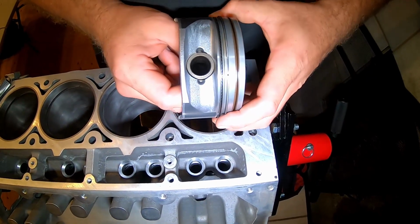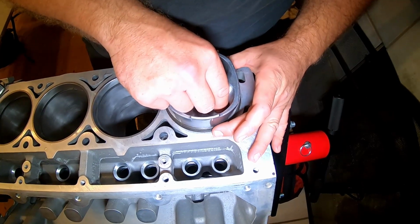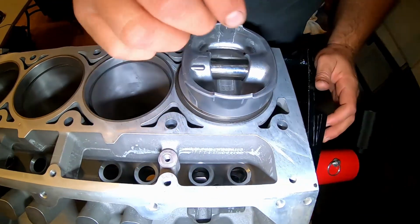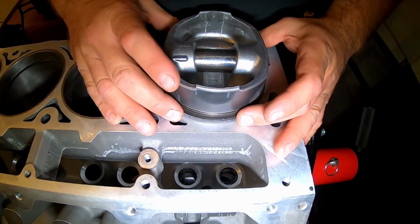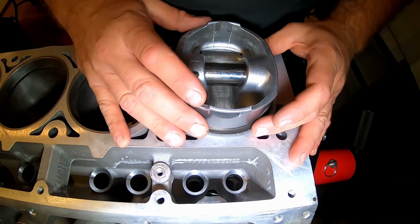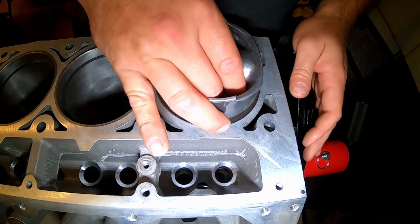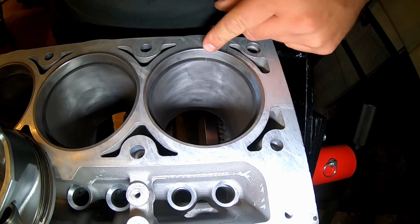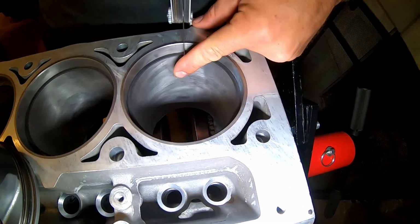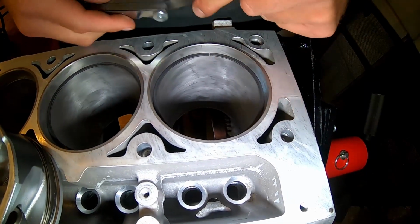I've got the second ring on here, and what you want to do is get it in there and make sure this ring is setting in there real good on the piston, because if you have it all the way off to one side, the piston will shift like that and throw you off. So make sure you got the ring pretty well set on the piston, that way it don't throw your readings off. And then just slightly push the ring down in there, and then of course there's your gap. Take your feeler gauge. I was at 19 thousandths, and right now it's not quite 23 thousandths,